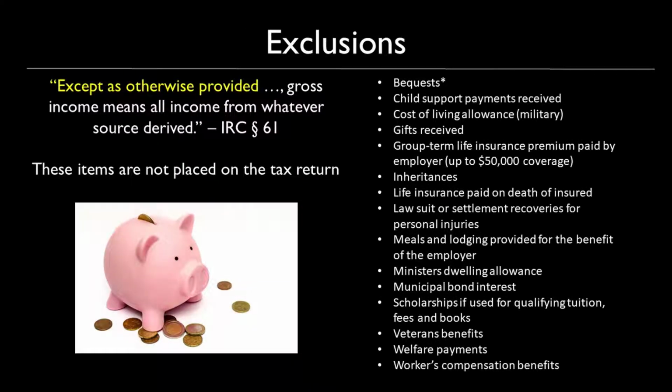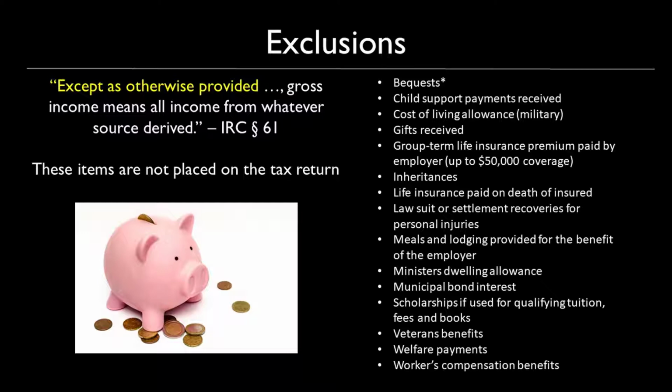Now we're going to go on to exclusions from income. The part of Internal Revenue Code Section 61(a) that says, except as otherwise provided, those are exclusions. And exclusions have to be written up. They have to be stated in the code as exclusions. These items are not placed on the tax return. You don't have to report them at all. And examples of these exclusions are bequests,